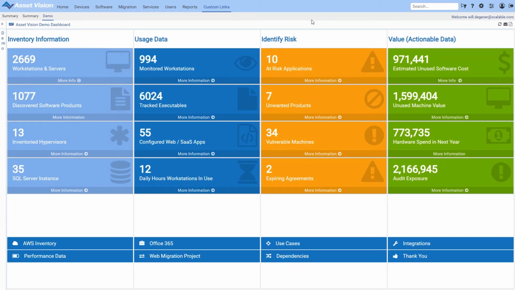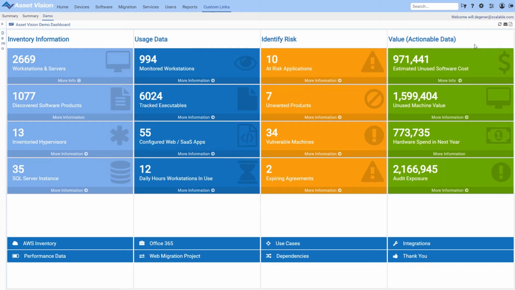I'm going to take you through a dashboard here, which allows me to tell the story of Asset Vision, if you like. Asset Vision is an incredibly broad and deep platform, and what I'm hoping to do here in perhaps 20 to 30 minutes is give you a really good idea of what we can do that will hopefully pique your interest, and we can deep dive should you need to at a later date. And I tend to like to start the story at the end, because